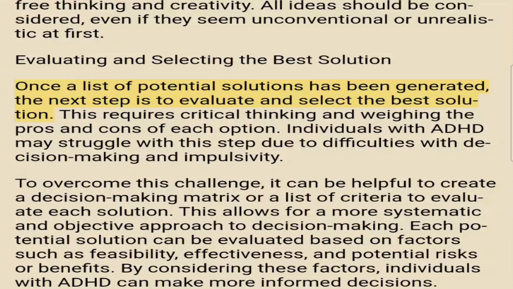Once a list of potential solutions has been generated, the next step is to evaluate and select the best solution. This requires critical thinking and weighing the pros and cons of each option. Individuals with ADHD may struggle with this step due to difficulties with decision-making and impulsivity. To overcome this challenge, it can be helpful to create a decision-making matrix or a list of criteria to evaluate